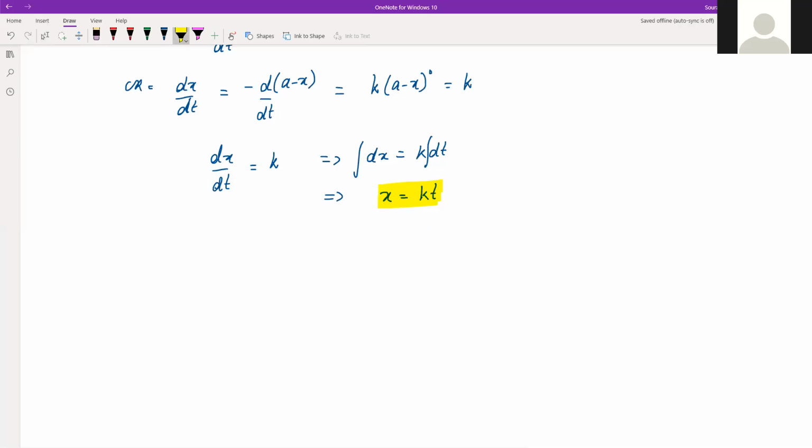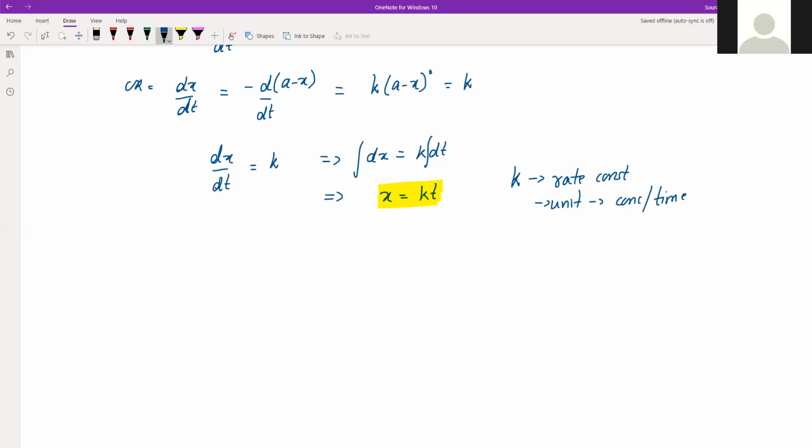Right? So in this case, there are different things like this K. So what is K? K is the rate constant. This is called the rate constant of zero order reaction. And now what will be the unit? Since x is concentration and t is time, the unit will be concentration per unit time. So the rate constant has the unit of concentration, say mole per liter, per unit time. So concentration per second or something like that.